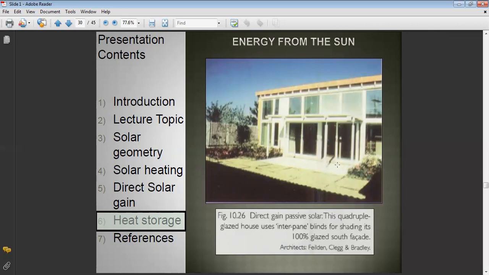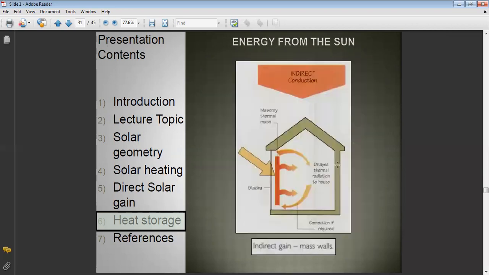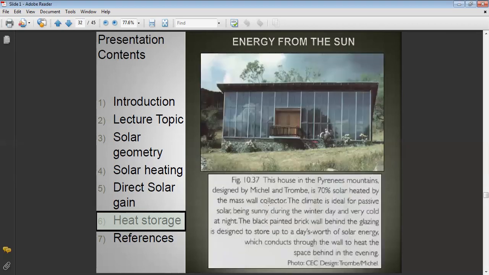That again, passive solar. This is passive because they are utilizing glass to get the heat directly inside and they are optimizing it. This is an indirect conduction in which one of the surfaces has been introduced indirectly and the glazing is on the outside. This can be utilized just like this one, in which